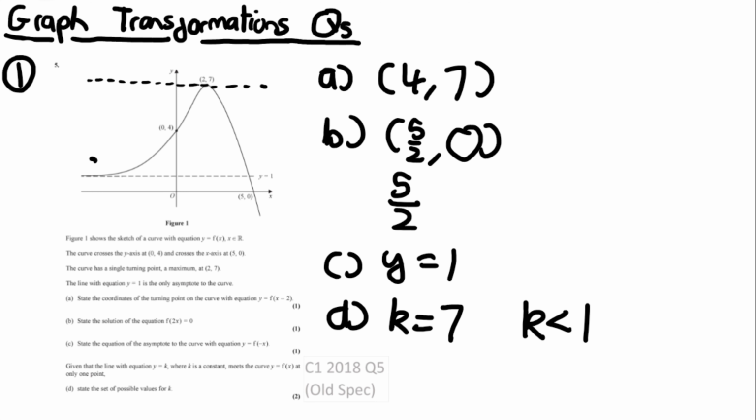This line will never touch y is equal to 1. It will never actually touch it. That's the definition of an asymptote. Therefore, another point is actually when y is equal to 1. It will touch it over here, but it will never actually touch the curve, because remember, the asymptote doesn't touch